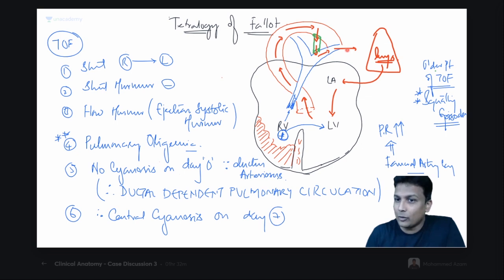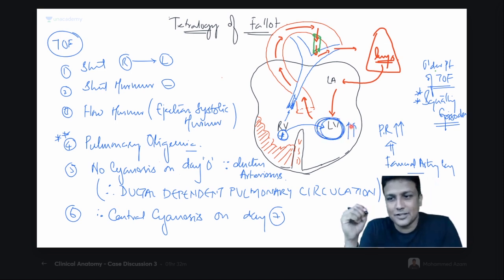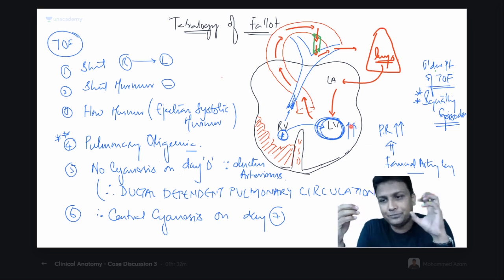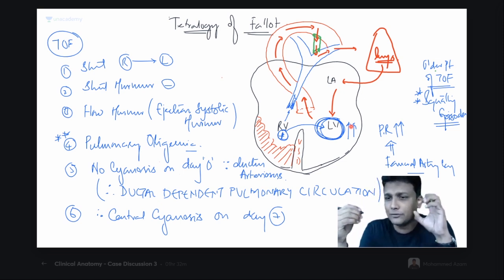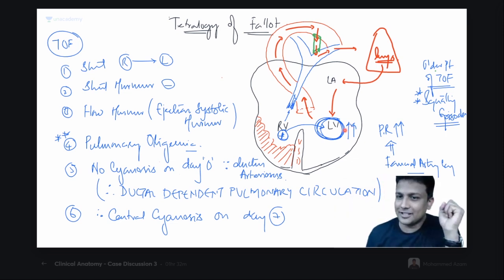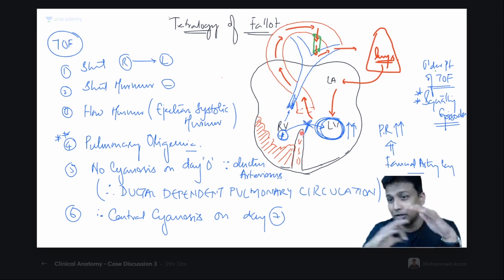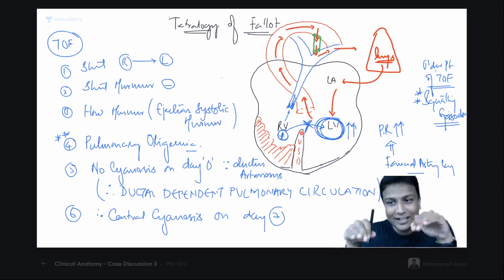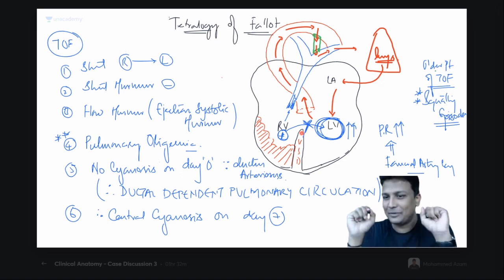So because of that, what is going to happen? To pump the blood into the aorta, your left ventricle will be applying more force. Because of increased peripheral resistance, your left ventricle will contract with more force of contraction. And because of that, what will happen? Because of more pressure there, the shunting will be decreased. From right to left, the shunting will be decreased. I'm not just marking a cross mark here right now, but don't think the shunting will completely stop. Shunting will decrease there. And because of that, what is going to happen, my dear friends?